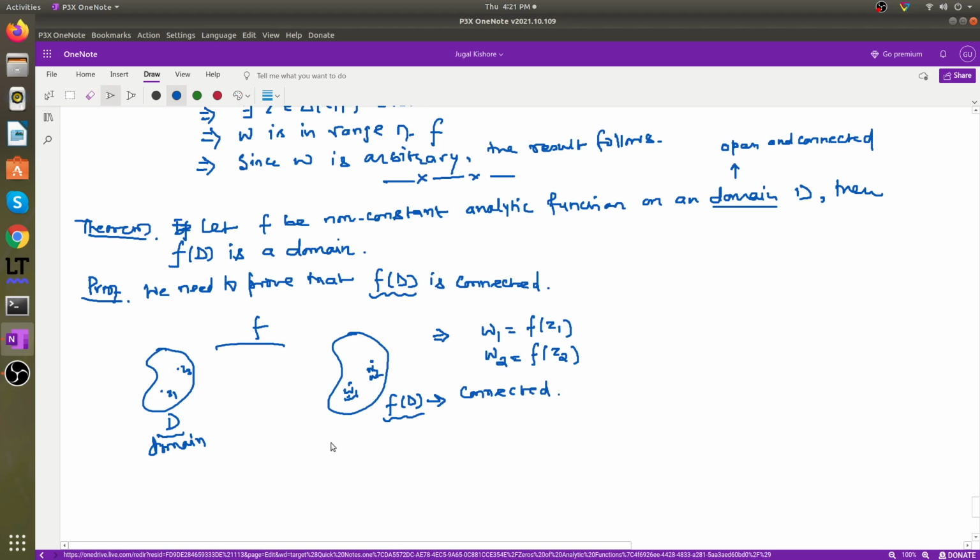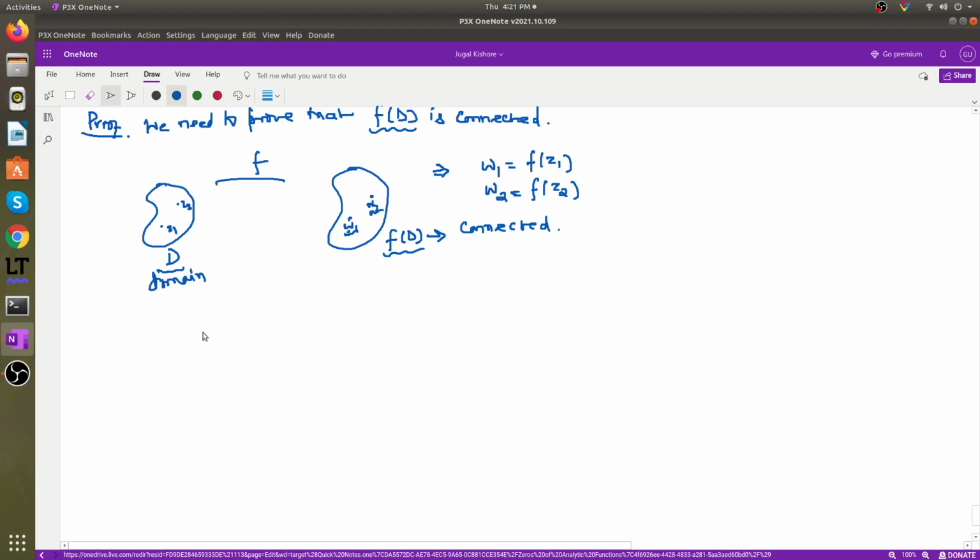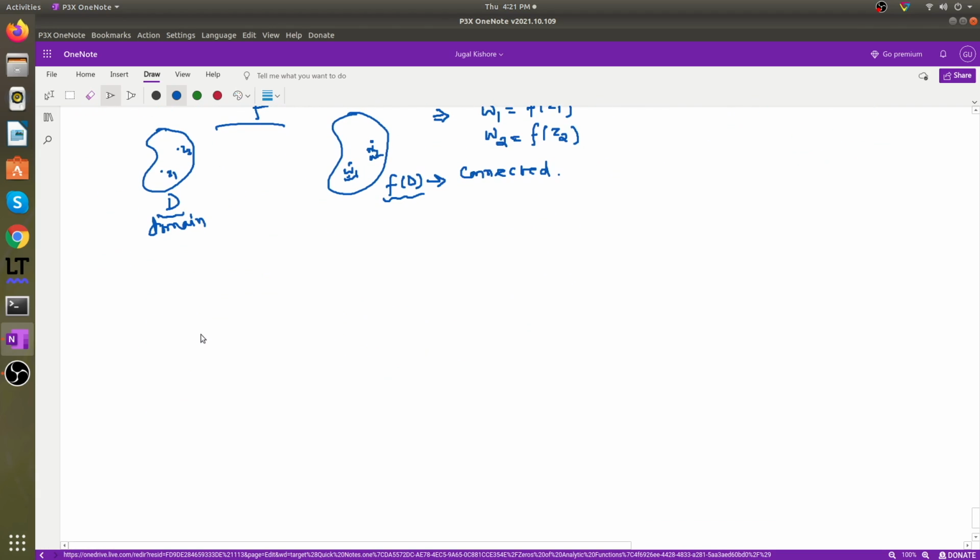Okay, so that was the proof of this one. So finally, we can give one more application of the open mapping theorem, which is also a result for univalent functions. In this result we are saying that if f(z) has the series representation z plus the sum from n equals 2 to infinity of a_n z^n,